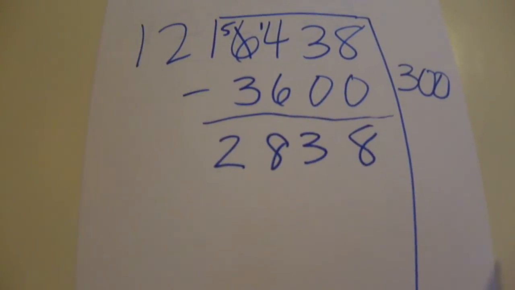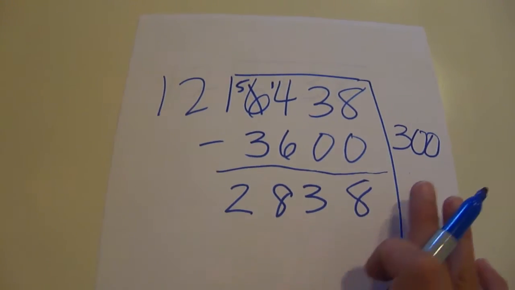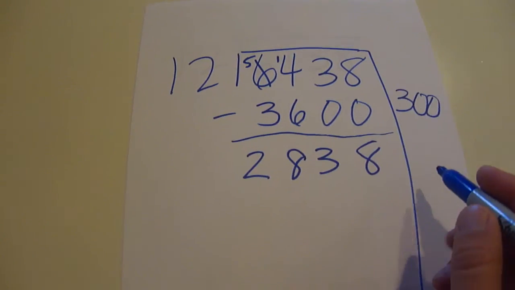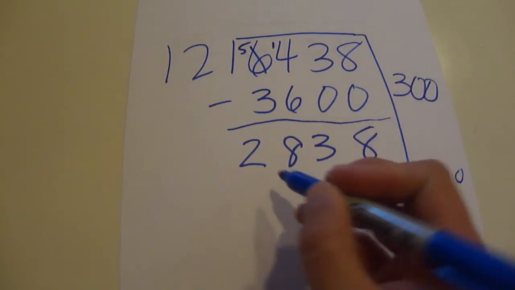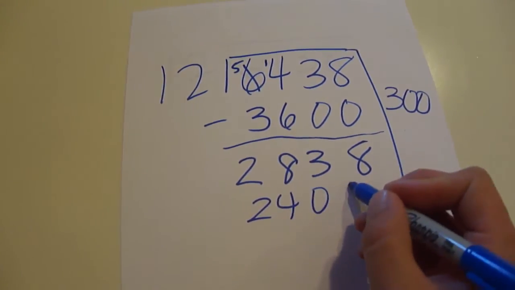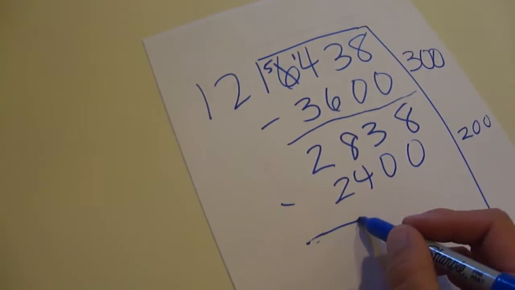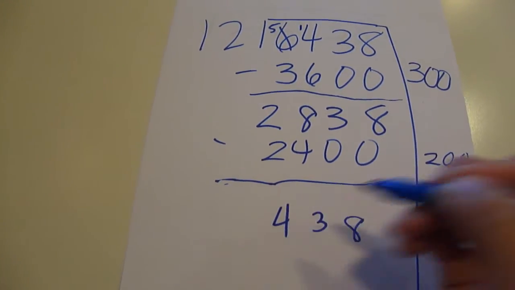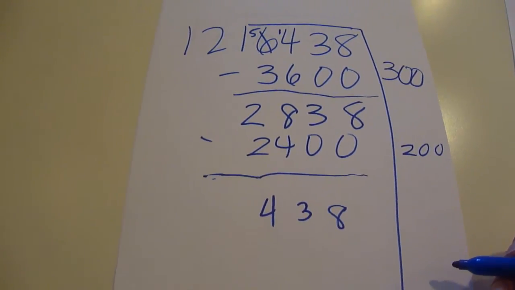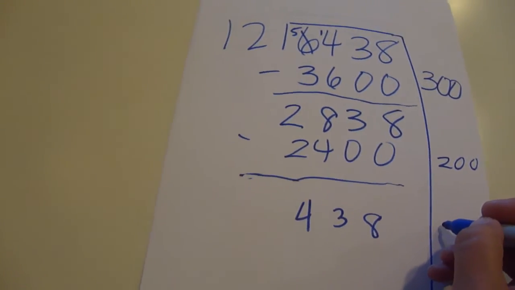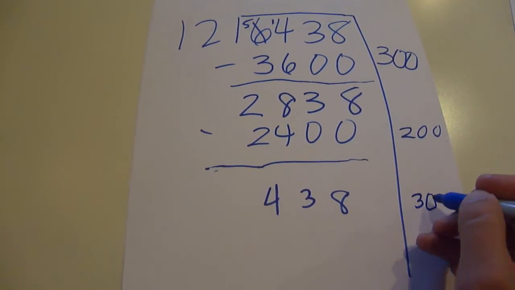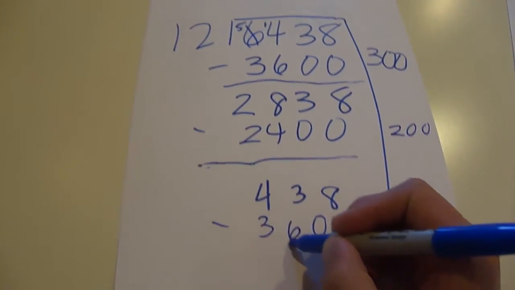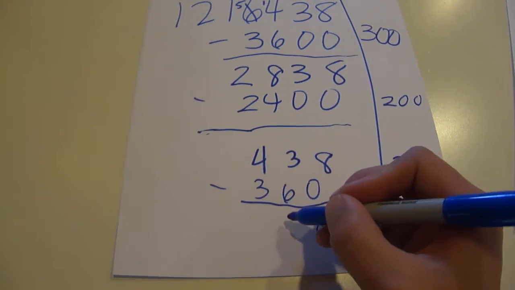Sorry. So with this chunk, I might say, oh, I can't take another 300 out, but I know that 2 times 12 is 24, so I could take a chunk of 200 out, and that would get me 2,400. If I subtract here, I would be left with 438. I could probably take a chunk of 30 out here and get a chunk of 360, and that would leave me with, let's see,